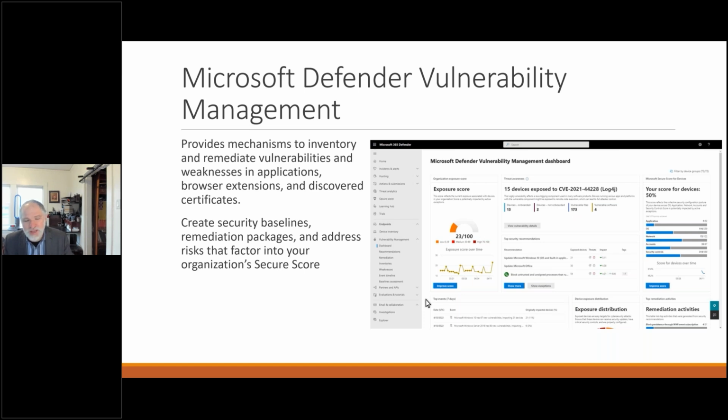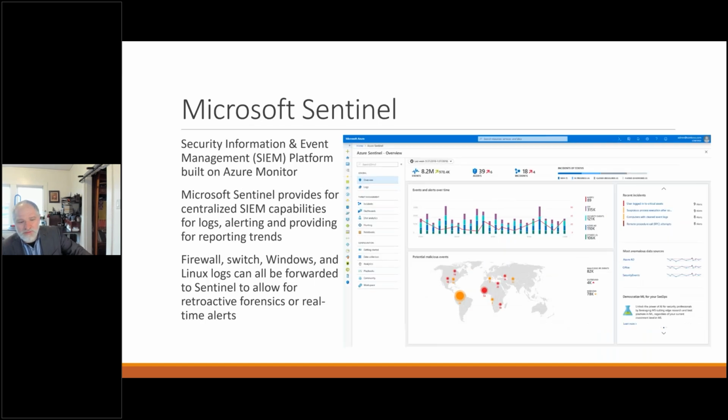And if you don't already have a SIEM, a Security Information and Event Management platform, I do highly recommend Microsoft's. We've been using it at different organizations today. It is an extremely powerful SIEM, particularly if you're in a Microsoft-heavy environment. You can feed all of the logs from all of your different resources into the cloud, into a Log Analytics workspace. You can save them in some cases for up to 2 years. You can even data warehouse them for 10 years beyond that.